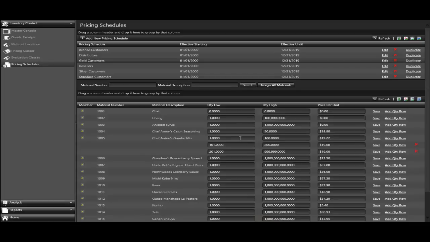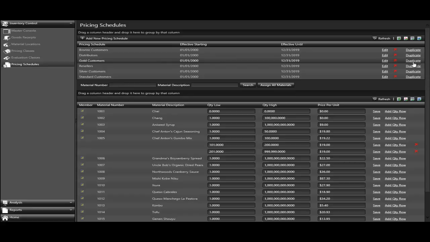The final thing I'd like to show you would be the duplicate function. Let's just say that this Gold Customers pricing schedule is something whose effective date has ended, and I want to create the new version of that, but I don't want to have to go through all the steps of recreating it again. Or another example would be, maybe I want to have a seasonal holiday version of the pricing schedule, but I want to start with another pricing schedule that's significantly close, but I want to have a little better pricing for this particular catalog or schedule.